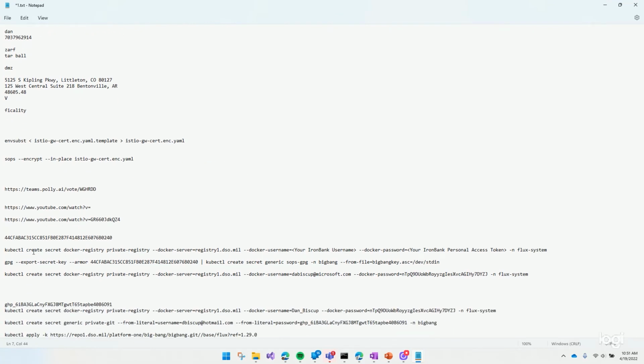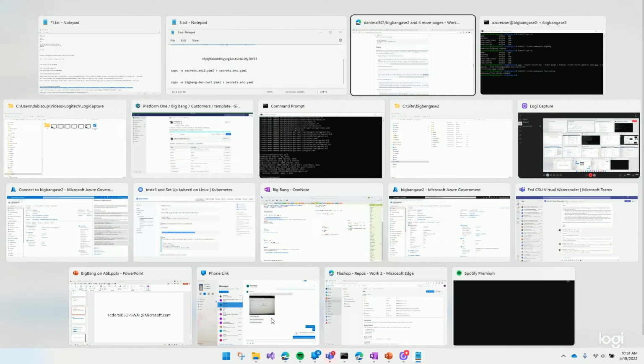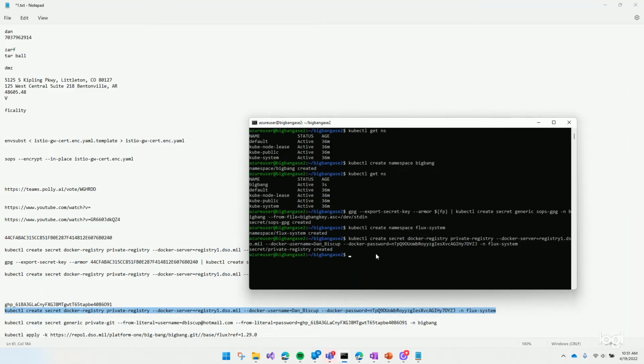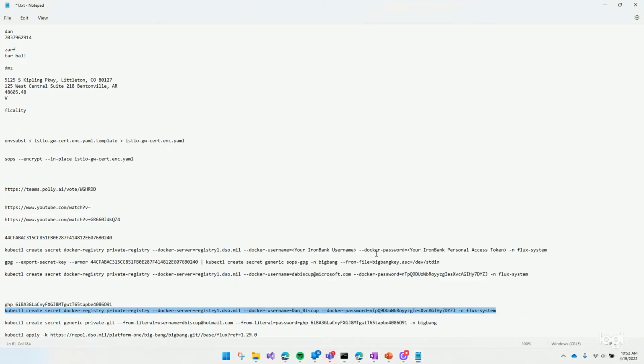Right here. So once again, create secret Docker registry. So here is my account. This one here. And so here's my Flux system. You need to give it the environmental variable. And so, like I said, I just put this in Notepad. It's easier. So Flux system now has the ability to connect to Iron Bank to pull those images down initially. Ultimately, it'll pull it from the SOPS file, but for the initial reconciliation, Flux has to have a way to do that. Flux Big Bang has to have access to your